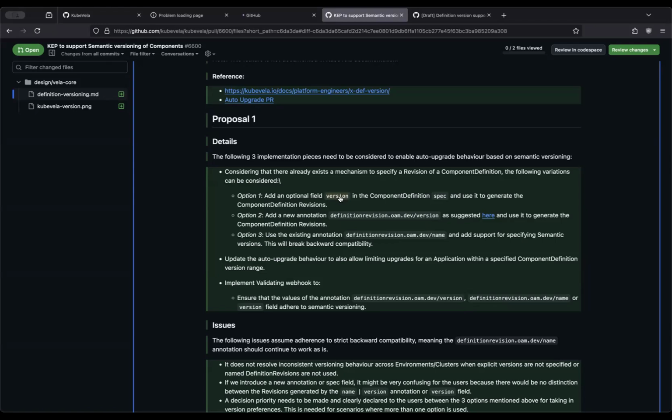So we are planning to add a webhook which will block the definition creation if both annotation and version are present. So with the new implementation, your definition will look like this. It will have a version field in the spec, and your definition will be similar as previous. But if the user specifies the annotation also in the metadata,